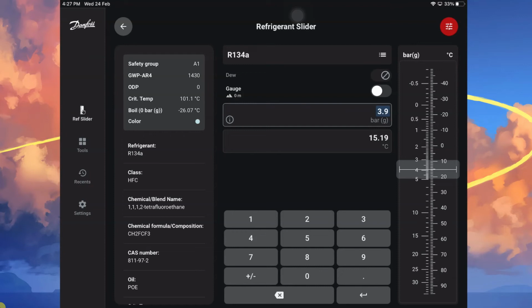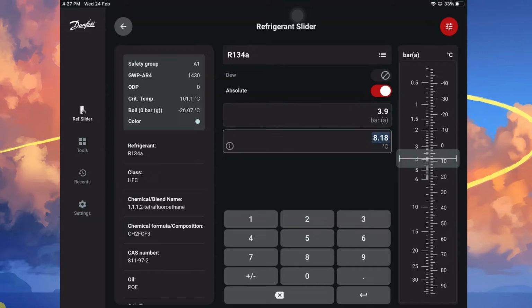Now whatever bar value of LP pressure we have calculated, it is absolute. So convert this into absolute, and it was 3.9. So we'll type in 3.9 bar. Here you can see TL, saturation temperature, we had taken it as 8 degrees Celsius, because we had used the chart or table method. So approximately that was the answer, but actually the T low value is 8.18 degrees Celsius.